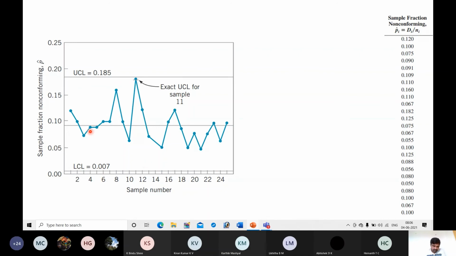After that, since we have the lower control limit and upper control limit, draw horizontal lines. Next, you have p values. For sample 1 it is 0.120, for 2 it is 0.10, for 3 it is 0.075. Like that you can plot these points based on p values. After that, if you evaluate the control chart, all points are within the control limits, but